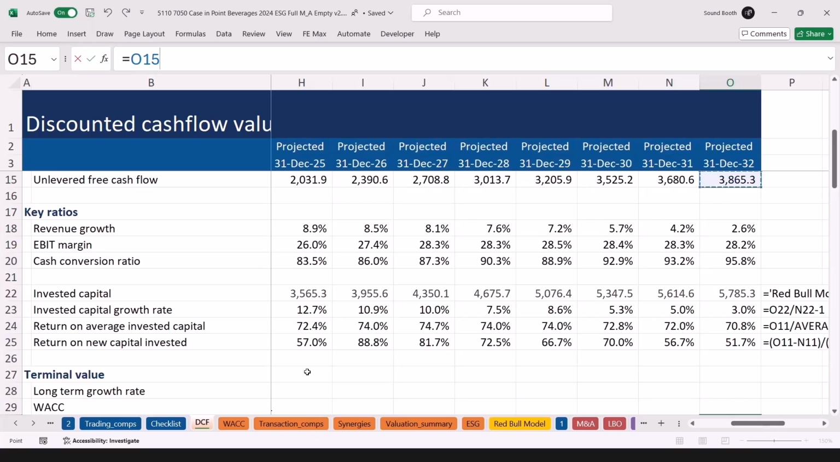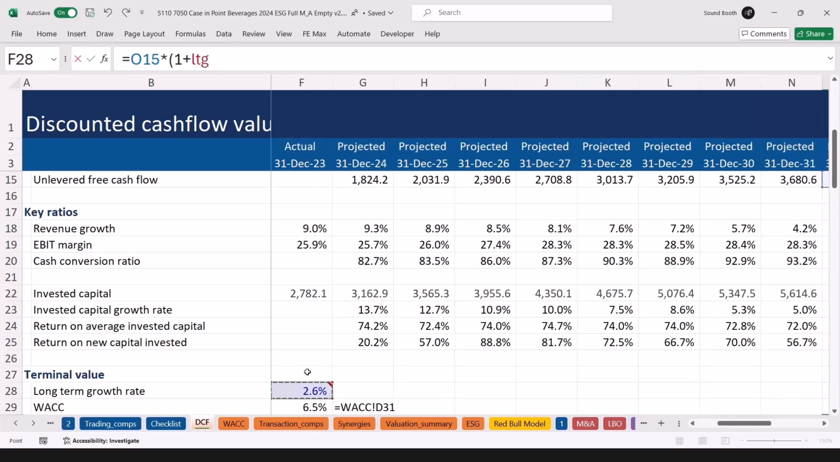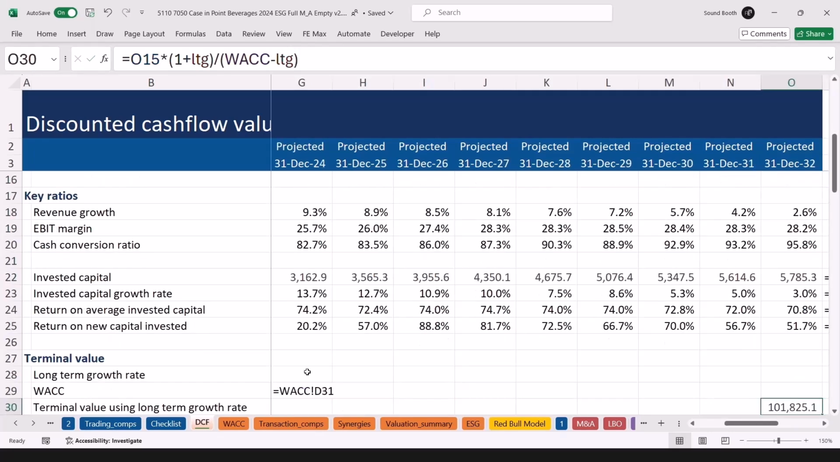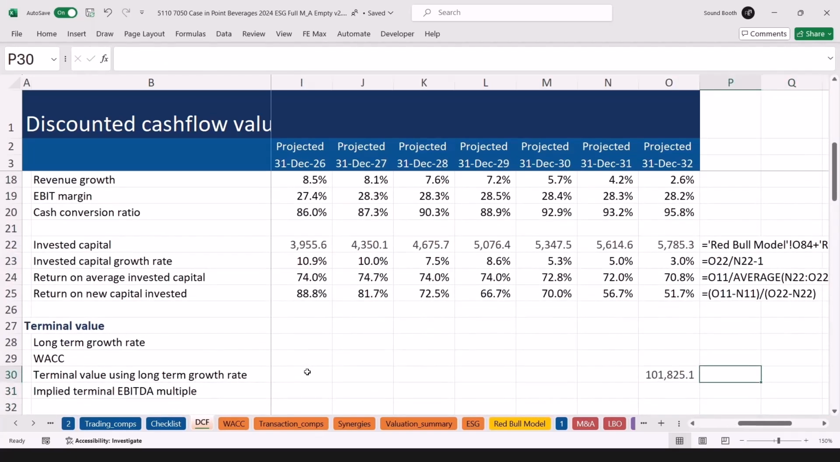So what most analysts do, because they want to put the terminal value in the final year of the forecast, is that they actually grow the 2032 or the last year's cash flow out one more year. And that will give us the cash flow in 2033 in this case. And because I'm growing a cash flow, I need to use the long-term growth rate. And then I'll divide that by the cost of capital, which is 6.5, minus, again, the long-term growth rate of 2.6. So what that does, it gives me the value, in this case of Red Bull, beyond the 31st of December